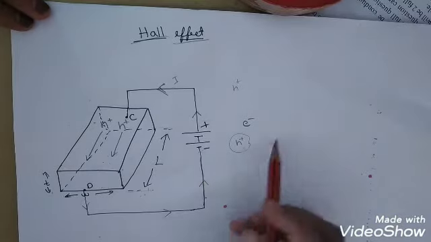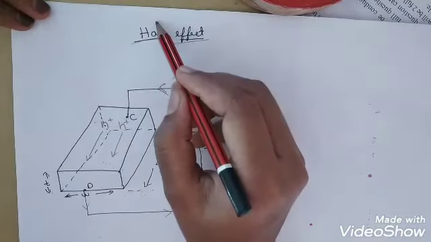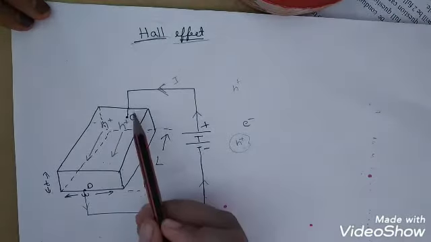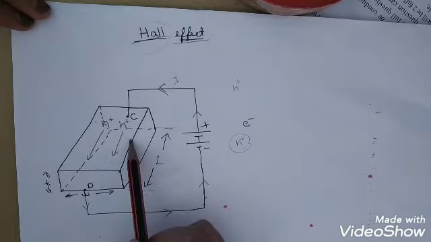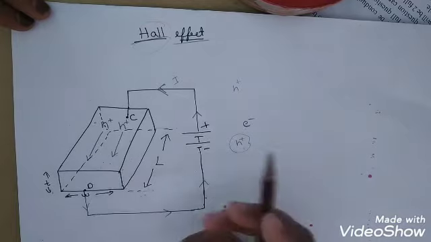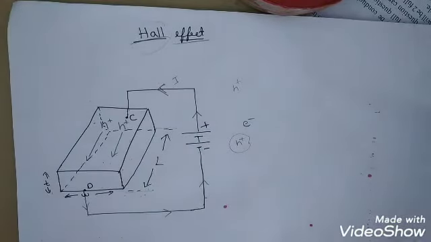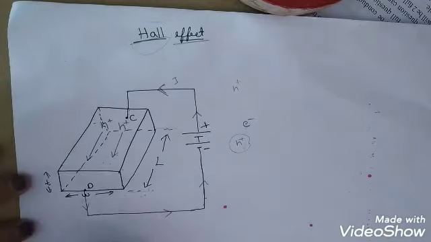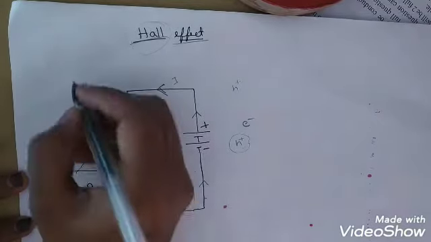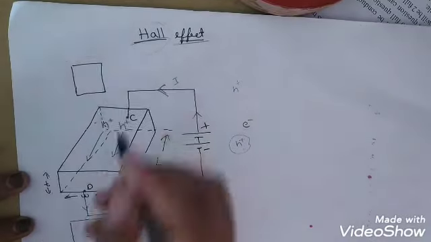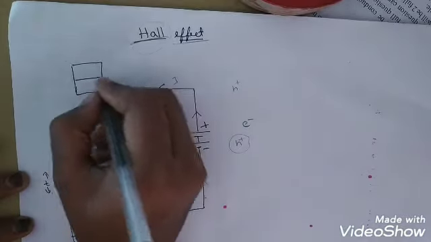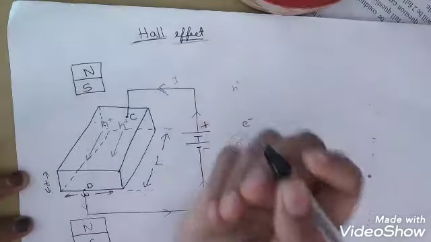What we are studying here is the principle of the Hall effect. For example, we introduce a magnetic field perpendicular to the direction of the conventional current in the semiconductor material. That is, we introduce a magnet like this, here one magnet and here one magnet, call this a north pole and south pole, and this a south pole and a north pole.